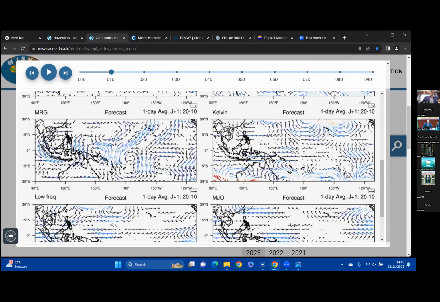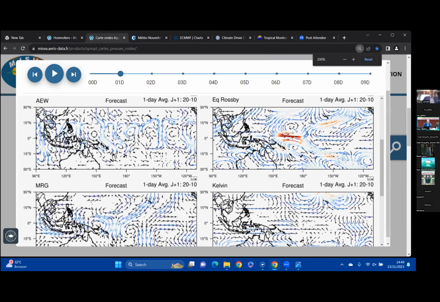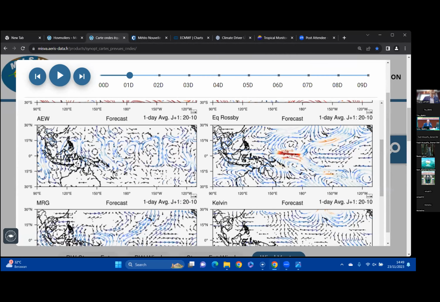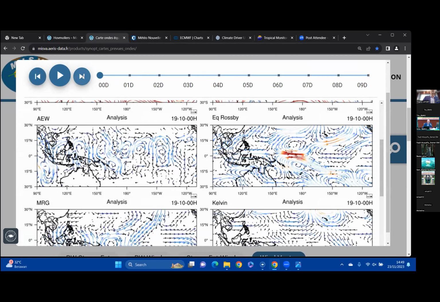And now let's focus. There was a nice Rossby wave, a great one. That's the westerly burst I showed you in the 850 wind. That was the very strong equatorial Rossby wave with almost symmetric cyclonic vorticities on both sides. So you see that the equatorial Rossby wave is